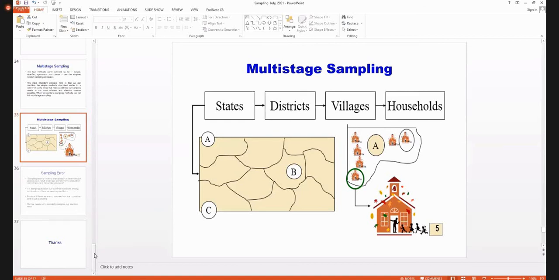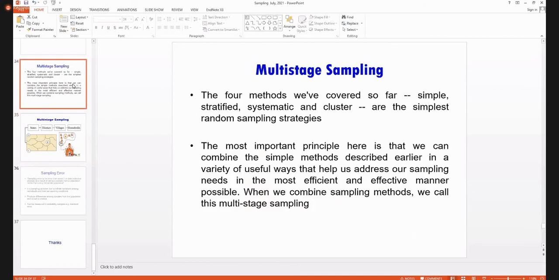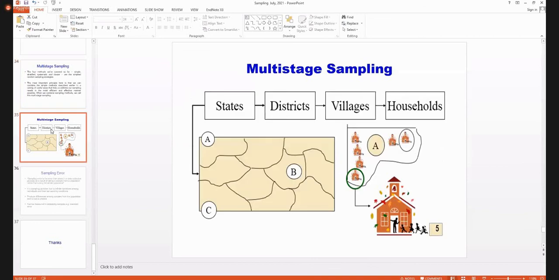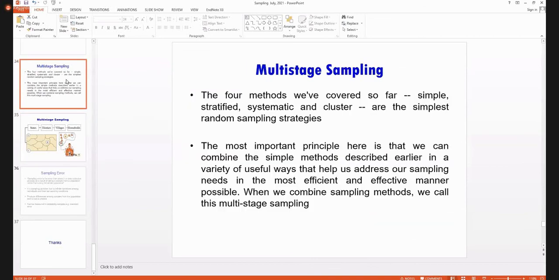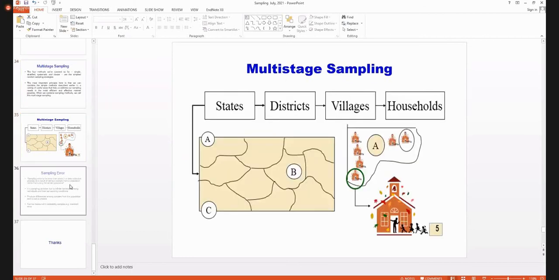When you're applying only 2 techniques, like you make clusters, and within the cluster you do convenience sampling, simple random sampling, or any other sampling, but only 2 sampling techniques in total are applied, it is 2-stage sampling. But when more than 2 types of sampling techniques are applied at different stages, then it becomes multi-stage sampling. I think at undergraduate level, you are not doing that level of research. It is beyond your scope. But it is important to remember that there are 4 methods covered, but even if there are 3, that becomes multi-stage sampling.